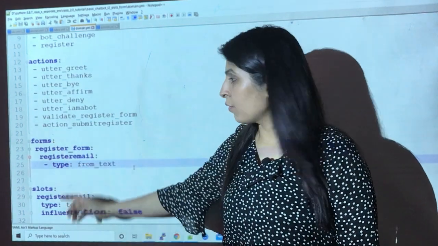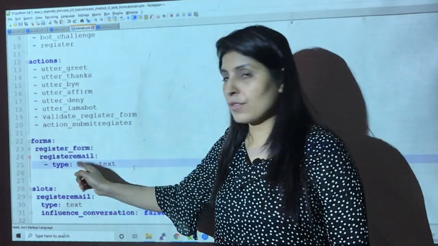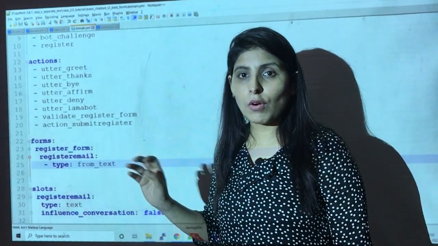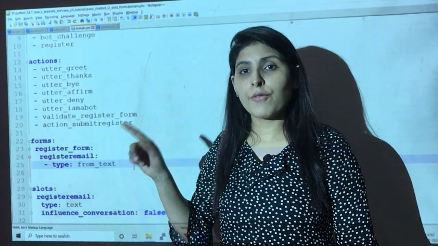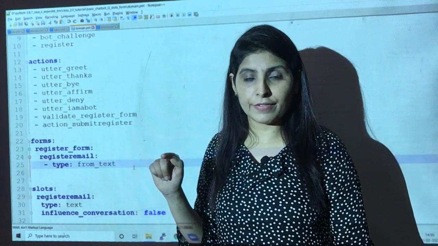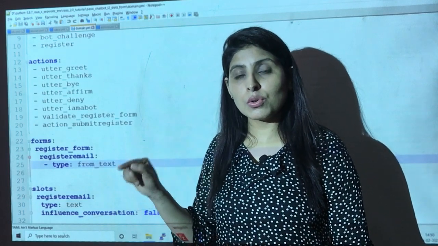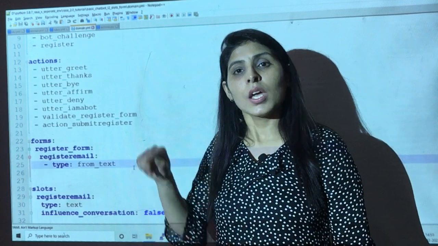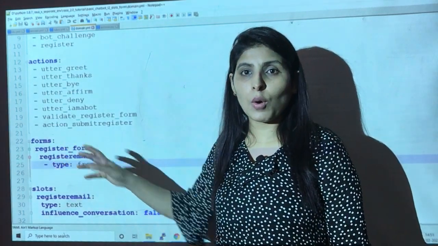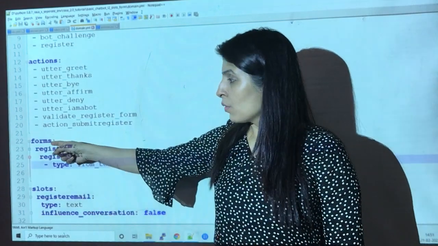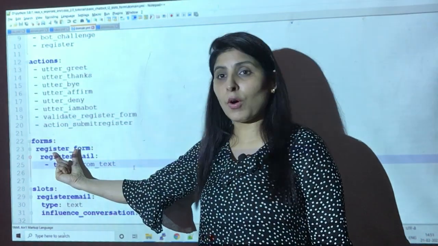Whenever you want to create forms, under forms you have to write the code for forms. See, in Rasa version 1 we were creating forms in the actions.py file, but in Rasa version 2 we are creating forms in the domain.yml file only. So I'm creating a form over here, right? Form, and this is the name of the form.